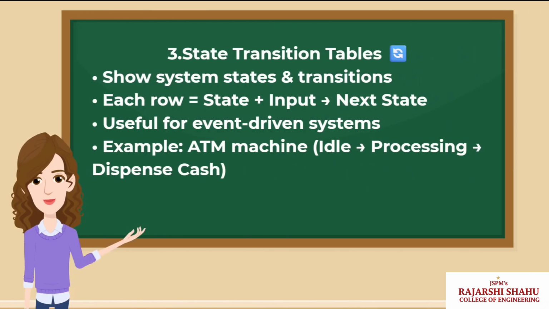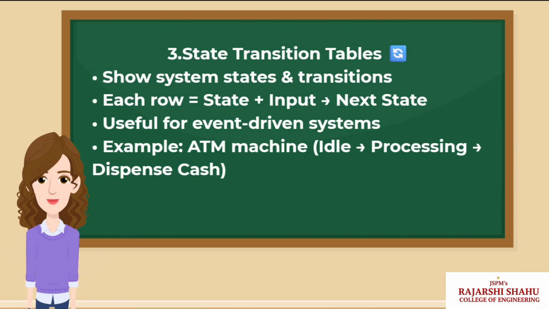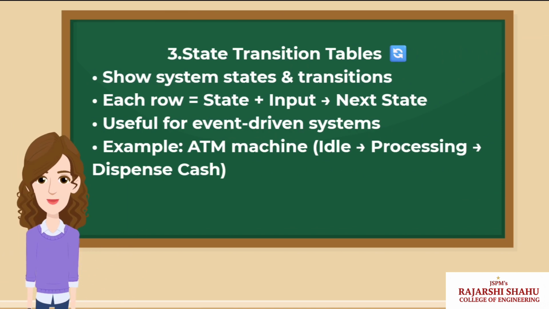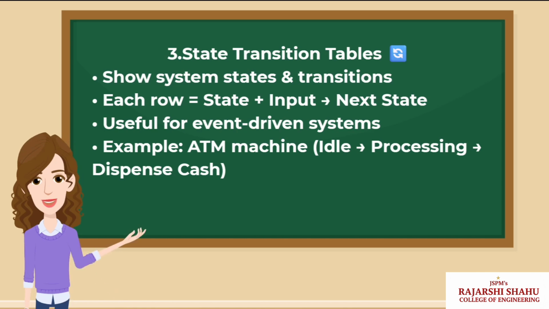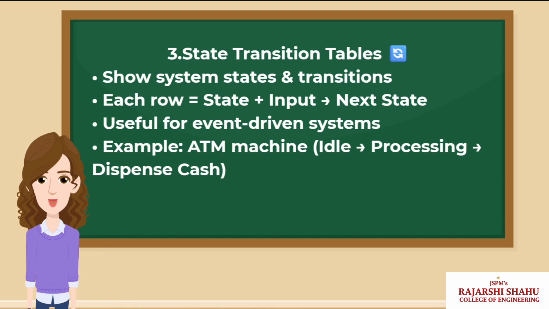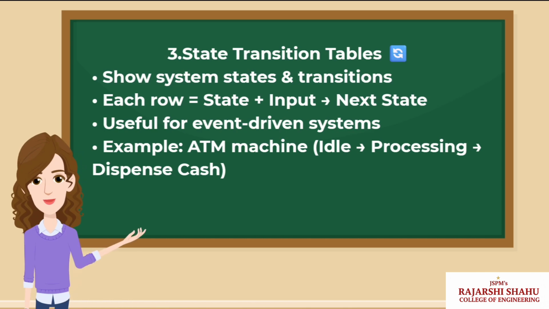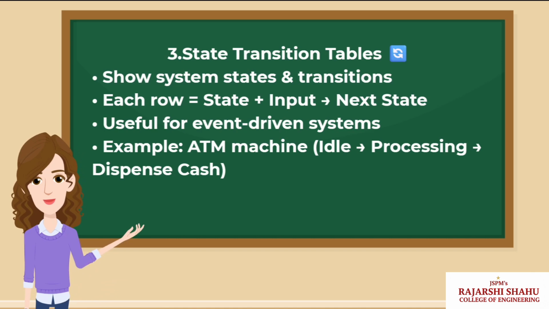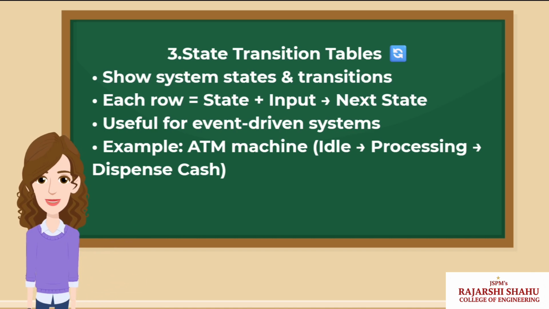State transition tables describe how a system moves from one state to another, depending on the input. Each row maps a state, an input, and the resulting next state. This is especially useful for event-driven systems. For example, an ATM moves from idle to processing when you insert a card, then to dispensing cash after entering